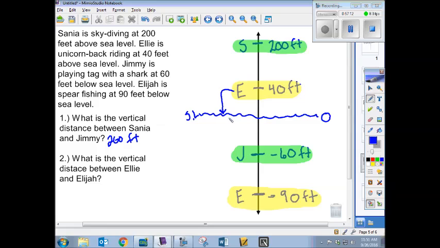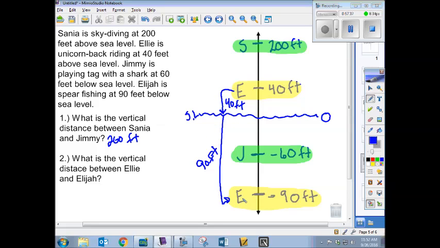She's going to have to travel 40 feet. How much farther is she going to have to travel then to get down to where he's down there catching fish with a spear? 130 feet? No. Oh, correct, 90. And now if Ellie has to travel 40 to go there and 90 to go there, guys,